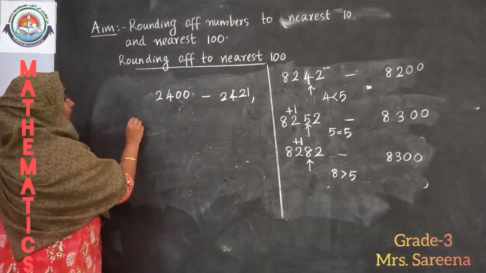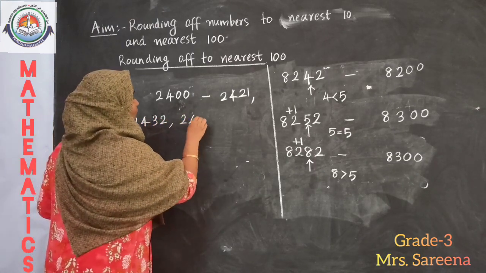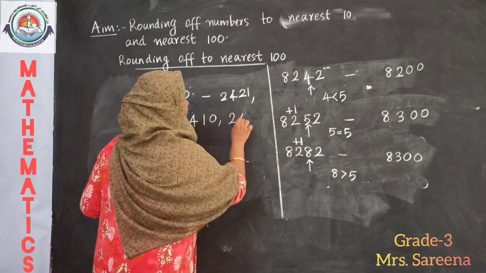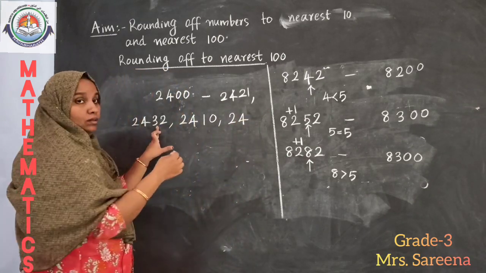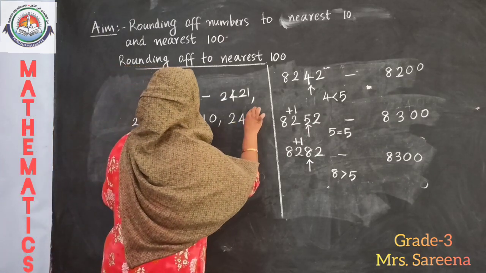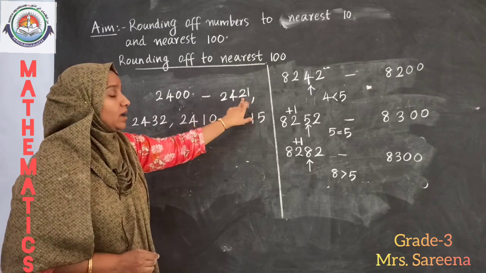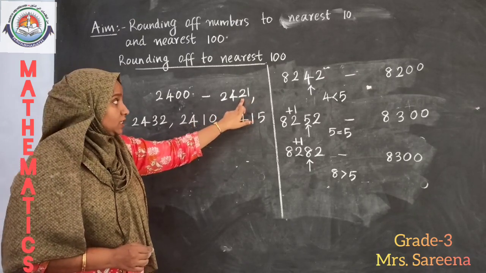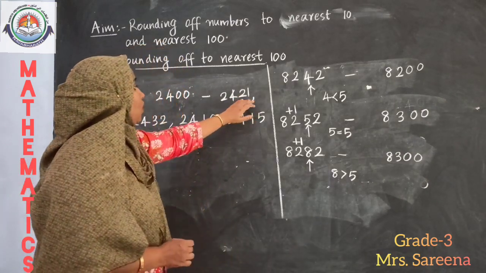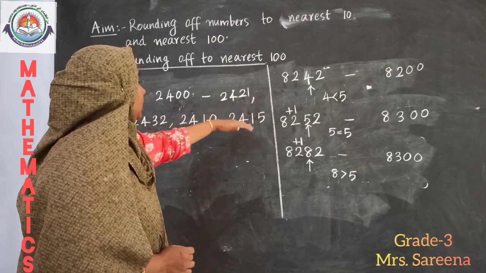So any number we can write here, 2432. Then 2410, 2400, then this should be less than 5. Like that, in any way we can write. We should check the number at the tens place. It should not be greater than 5. If we are rounding off these numbers to the nearest 100,